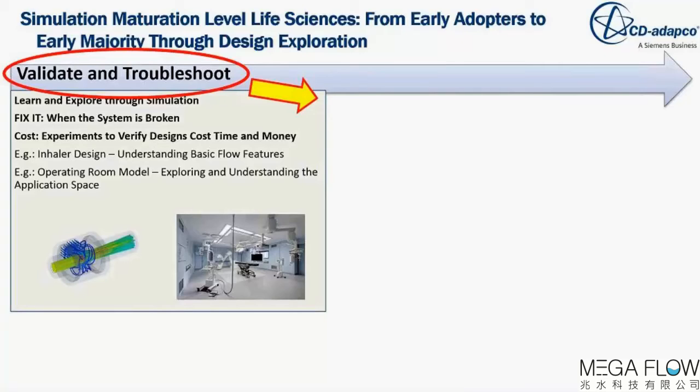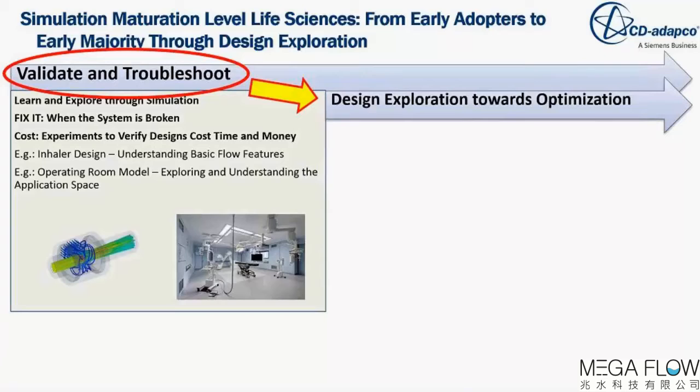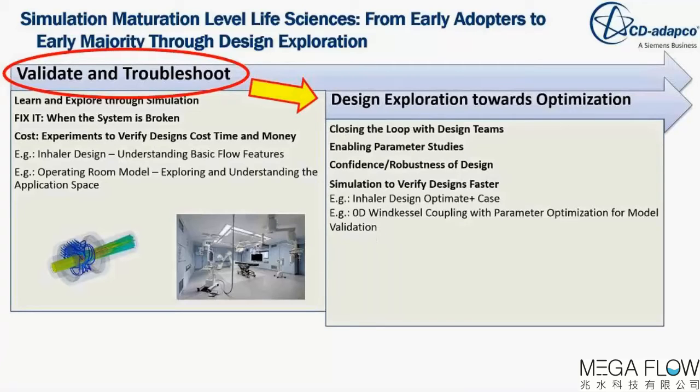I think it's quite clear, if I talk to our customers, that from validation and troubleshooting, we are definitely moving into design exploration, crossing this chasm towards optimization and closing the loop with the design team. When we are doing this, we need to think about PLM integration, really make the best out of our designs and our work that we do as engineers, tie it together with the clinical trials, tie it together with the overall design team, with the people out there who run clinical trials, and feed it back to us so we